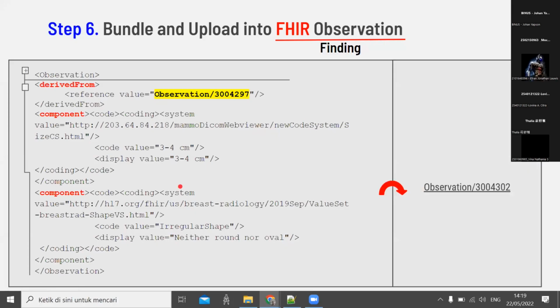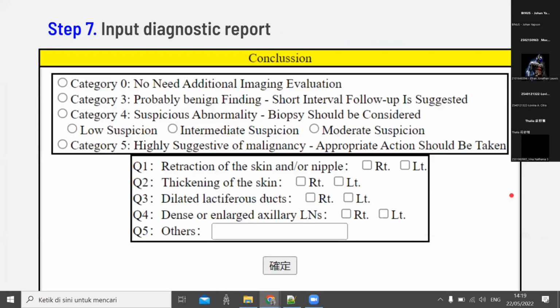And then we will post it into a FHIR server. For example, the finding FHIR observation ID is 302. And then the next step is we are going to input the diagnostic report. For example, here,